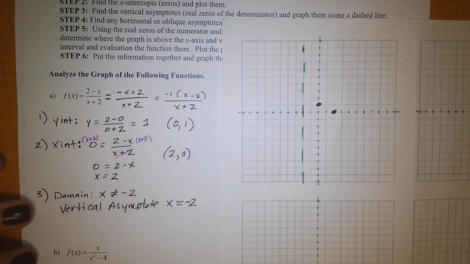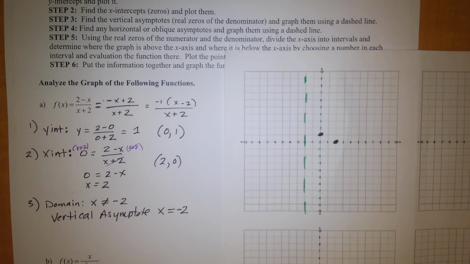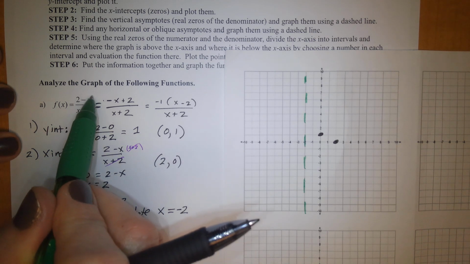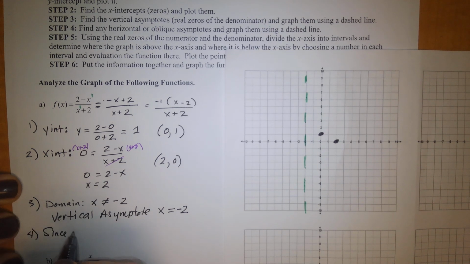Step 4 says now find any horizontal or oblique asymptotes and graph them using a dashed line. Remember, in order to find horizontal or oblique asymptotes, we compare the degree of the numerator and the degree of the denominator. The degree of the numerator is 1. The degree of the denominator is also 1. So, since the degree of the numerator is equal to the degree of the denominator, that means we're going to have a horizontal asymptote